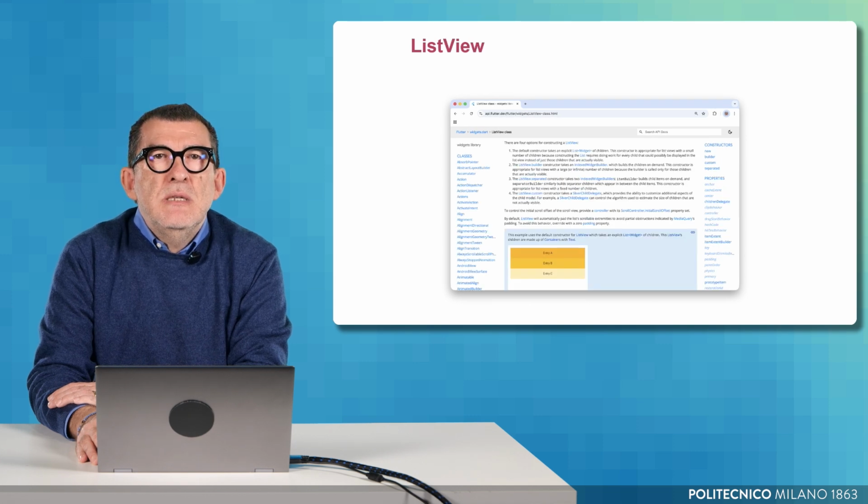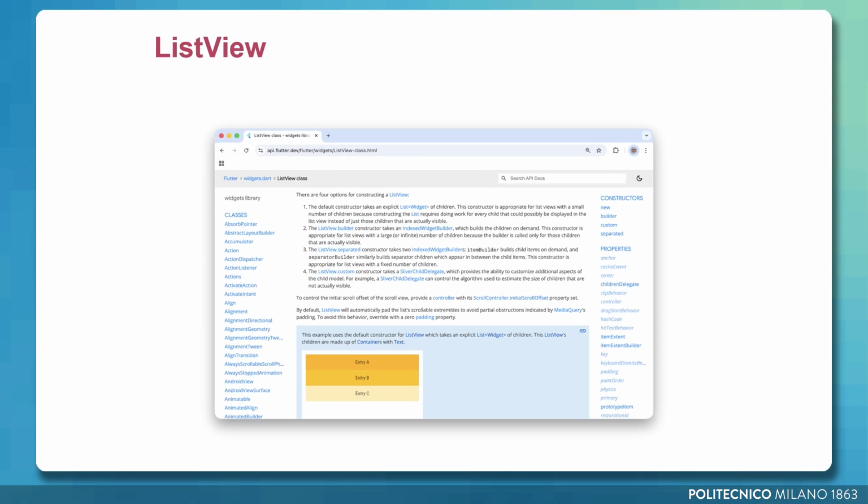The second concept, instead, is very much related to Flutter. Here, we introduce the idea of a list view, which allows us to display a scrollable list of elements. So far, we have mainly worked with static layouts, where the number of widgets was clearly defined in advance, and their arrangement was fixed. In those cases, the structure of the interface did not depend on dynamic data. Now we need a more flexible solution.